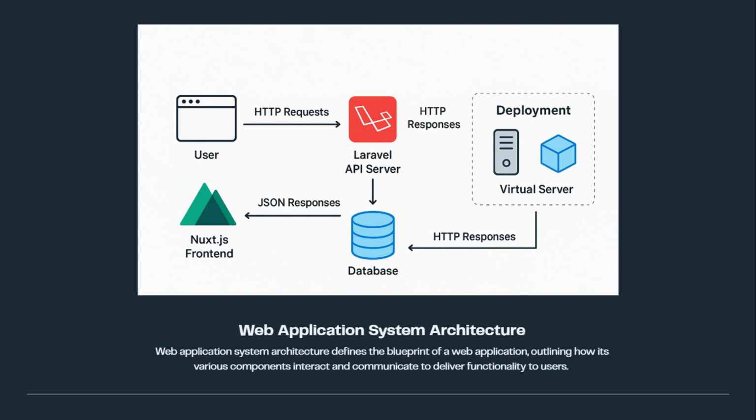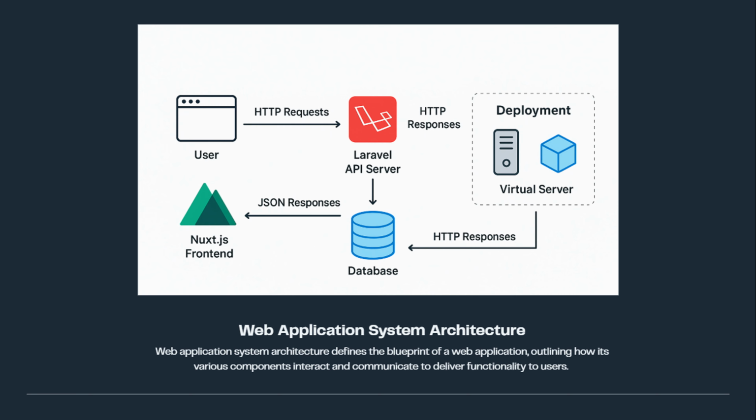The Laravel API server is responsible for handling this request. It processes logic, retrieves information, and communicates with the database, shown here in blue. Laravel sends SQL queries to the database, and when it gets a result, it returns it as JSON responses to the Nuxt.js frontend. The Nuxt frontend then takes those responses and displays them visually to the user, creating a smooth